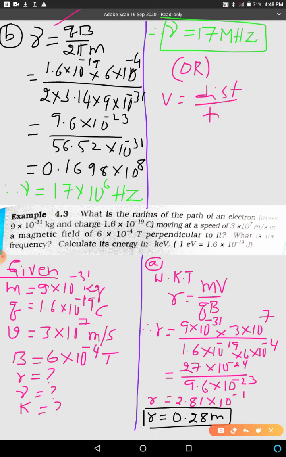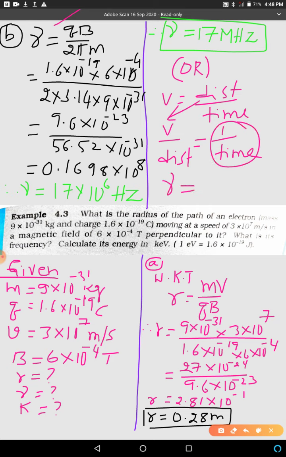You can find the frequency by another method. We know velocity is equal to distance by time, or velocity by distance, cross multiply, will be equal to 1 by time. 1 by time is called frequency. Therefore we can write frequency mu is equal to velocity v divided by distance in